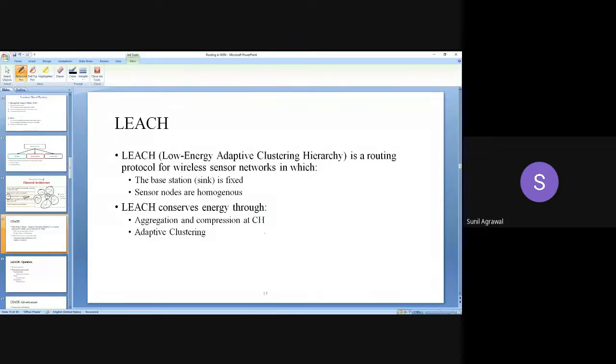And this is the routing protocol where the base station is fixed and sensor nodes are homogeneous, meaning all have the same level of energy or battery. So here energy conservation or energy efficiency is there because of aggregation and compression at CH. That means at cluster head level, the data received from different nodes are aggregated so as to remove redundancy and compressed so as to transmit for less time, right? And this clustering is made adaptive. That means cluster head may be